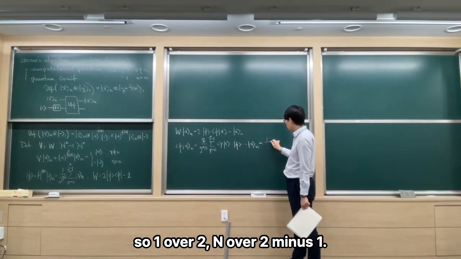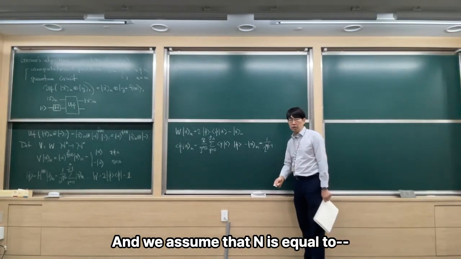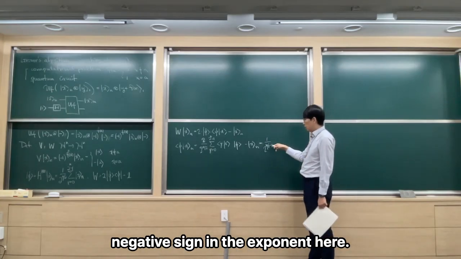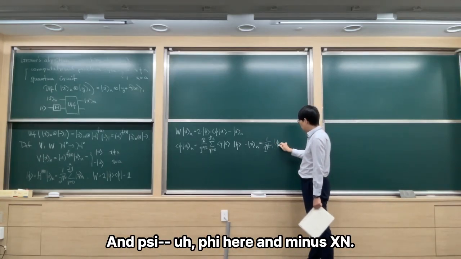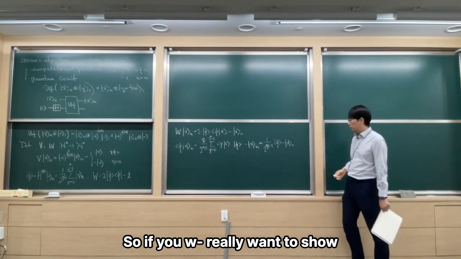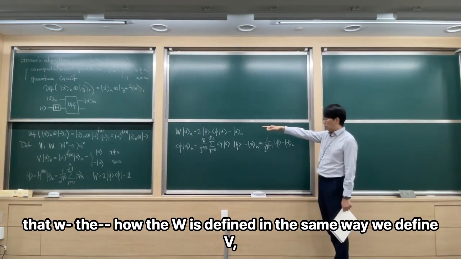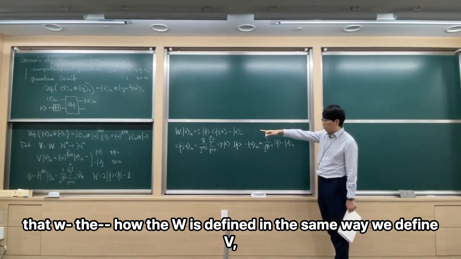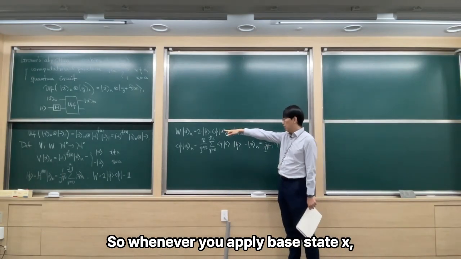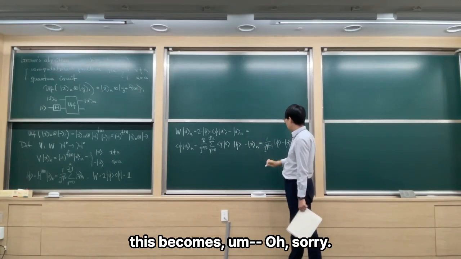So 1 over 2 to the n over 2 minus 1. And we assume that n is bigger than or equal to 1, so you don't have to worry about negative sign in the exponent here. And psi, phi here, and minus xn. So if you really want to show how the w is defined in the same way we define v, then this is the formula. So whenever you apply the base state x, this becomes,